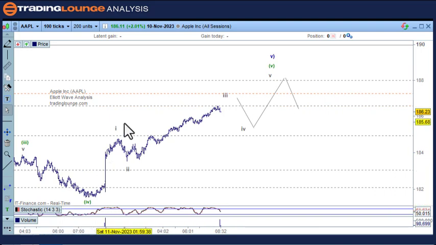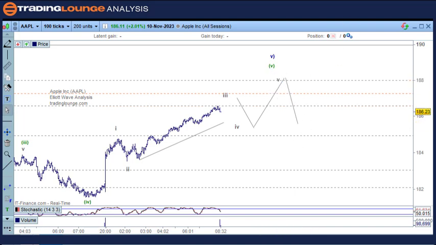So if we see this as 1 and 2 here and all this here is wave 3, we still need wave 4. We need it to pretty much break out of this trend channel here. I'm just sort of doing this a little bit different. So we just need it. You definitely need some sort of break away from that trend, and then there'll be wave 5, and then there'll